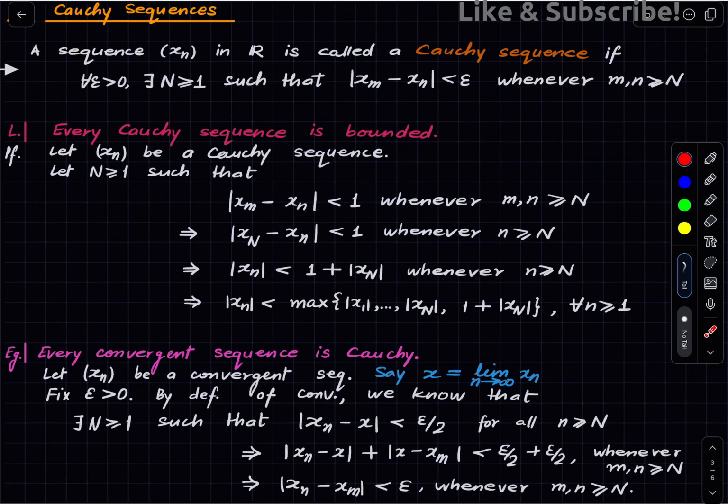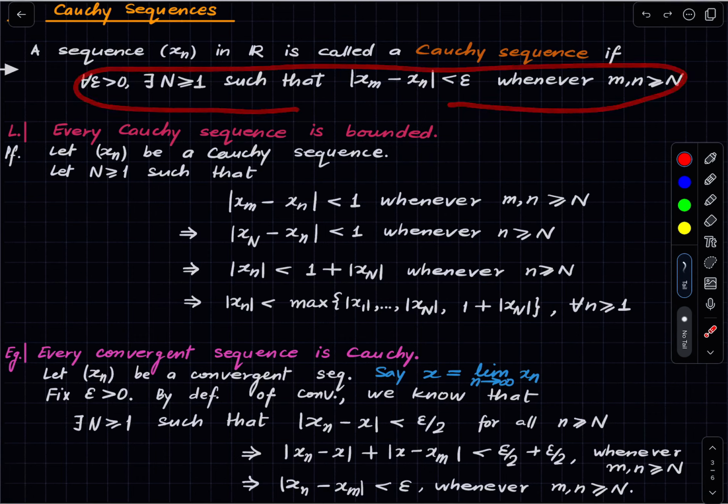Alright, so every convergent sequence is Cauchy, and therefore there are ample examples of Cauchy sequences. Okay. Now the point of this lecture is to actually show the reverse. We want to show that every Cauchy sequence is convergent. And therefore, the notion of a Cauchy sequence is actually not a new notion. Right? It is the same as the notion of a convergent sequence, even though the definition is somewhat different.